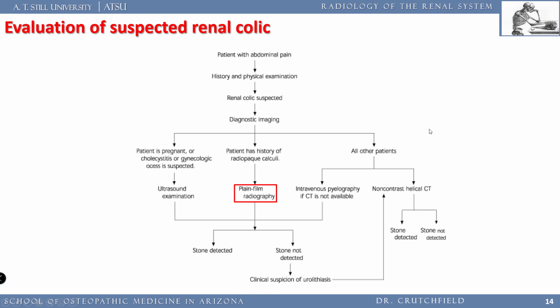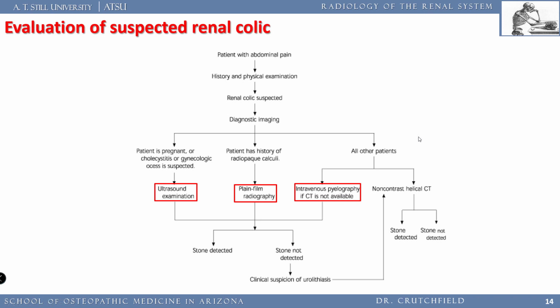Now, if someone comes in with renal colic, which means that they've had a stone and they know they've had a stone, then the first thing we do is we get a plain film and we look to see if we can see the kidney stone on just a plain film. If we can't, then we might send them over for an ultrasound of the kidney, and a lot of times that includes an ultrasound of the abdomen. If you order ultrasound of the abdomen, they will do the kidneys, and they're going to look for gallstones, the kidney stones. They're going to look for hydronephrosis,